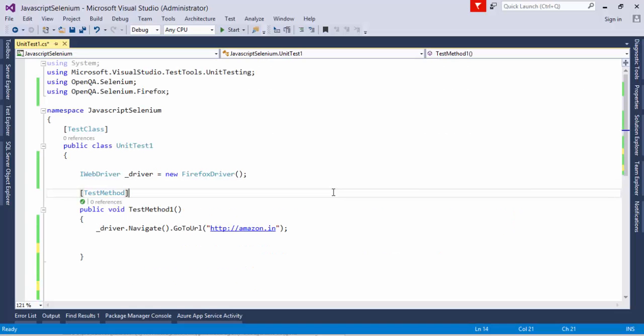All right, so we have a project here, and this is basically a small unit test project. What I have created here is an instance of the Firefox driver, and there's a test method, and I'm navigating to the amazon.in website. This is the only out of the box method which I'm using to navigate to the particular web page, right? And then what I'm going to do is exactly mimic the same thing whatever you do